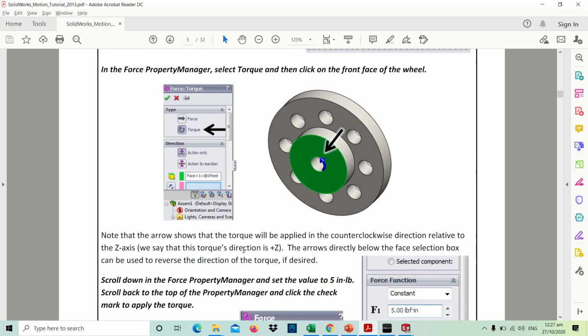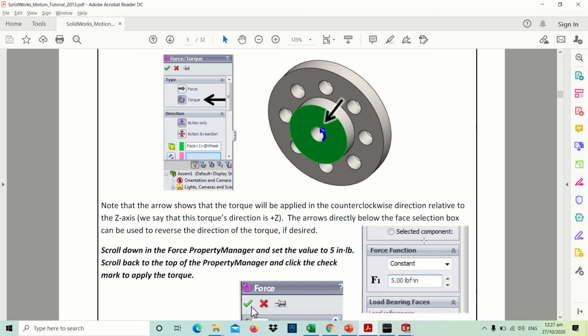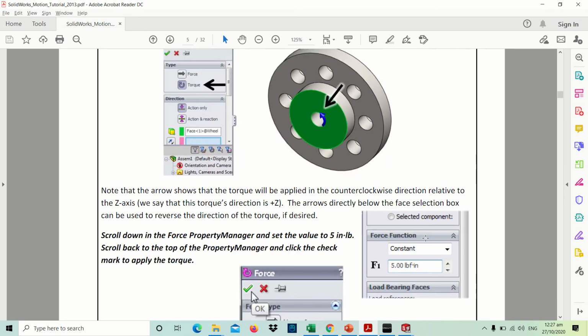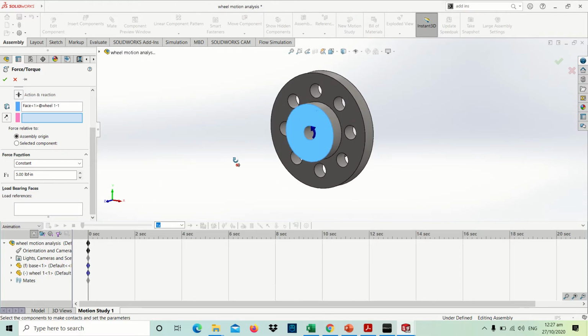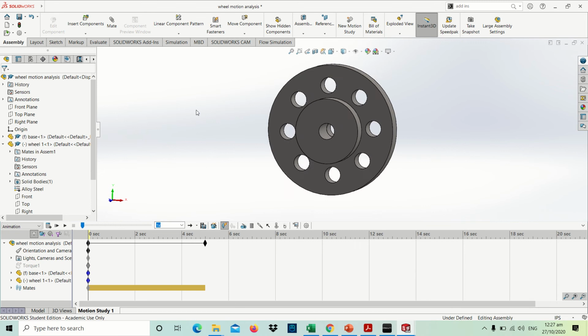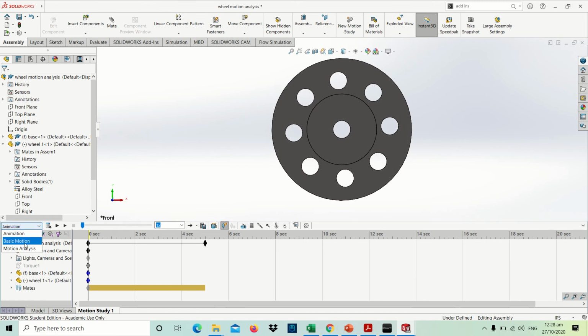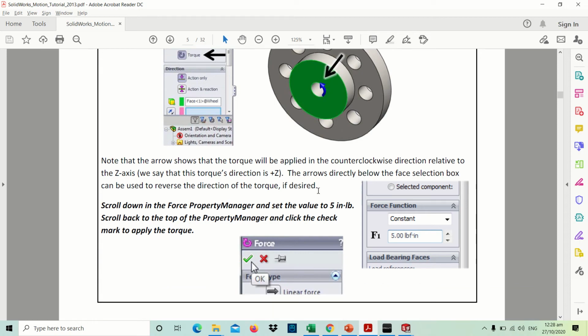The Z axis will be the torque's direction below the face selection box because we are along the Z axis. Okay, so once we have the setup, check this one, then don't forget to select motion analysis. All right, so once we have that,